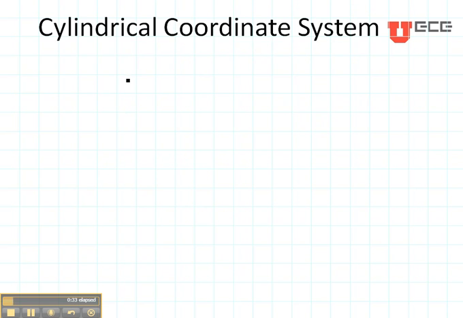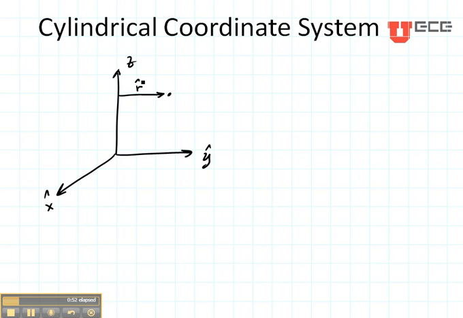The cylindrical coordinate system. I'm going to draw my x, y, and z just as before, so that you can see how the cylindrical and the rectangular coordinate systems relate. In the cylindrical coordinate system, when we consider a point, that point is going to be defined as r, which is a radial vector. R comes out from the z-axis. So here is an r vector, here is the same r vector. So here are 2 points that have the same r vector.